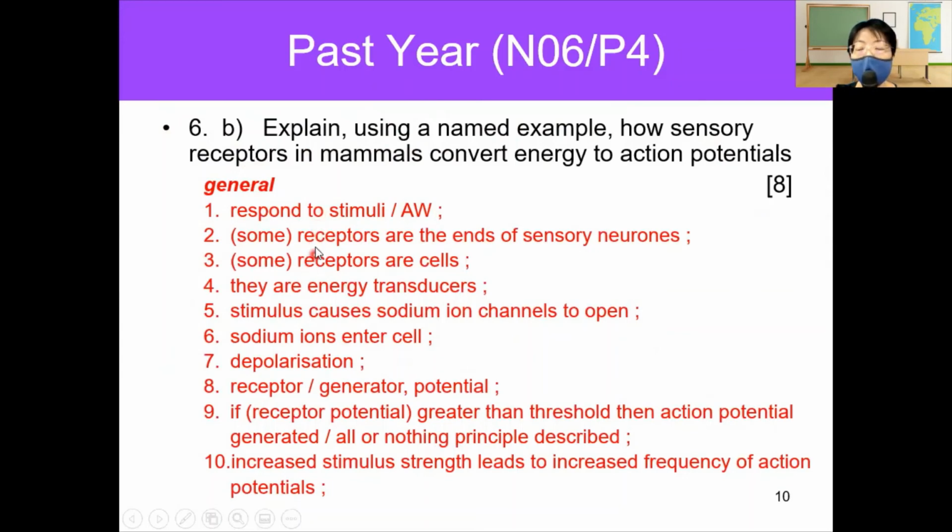And there are 2 types of receptors, right? Primary receptors are the receptors that are found at the ends of sensory neuron. Secondary receptors are receptors that are specialized cell or group of cells. So when they receive the stimulus, they are able to